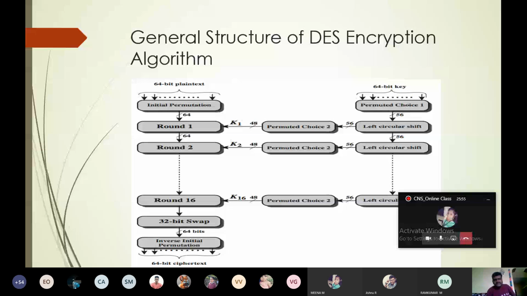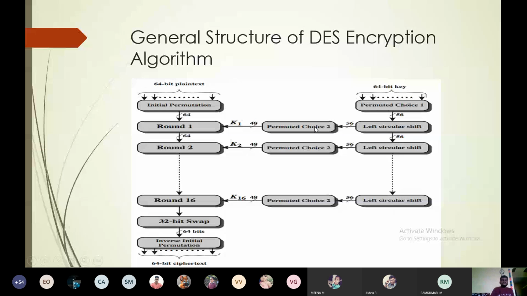Second thing, permuted choice 2. Here also 56 bits are converted into 48 bits. The same process happens here also. Every eighth element from these 56 bits is going to be deleted in permuted choice 2. Now the 56 bits will convert into 48 bits. Finally the 64-bit plain text will be processed with that 48-bit key. After this, it will produce some output. This output size will be the same 64.